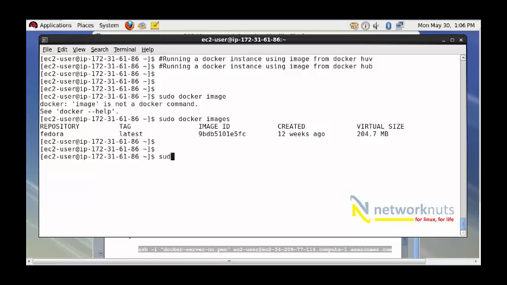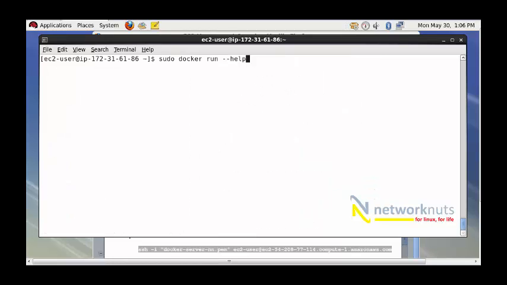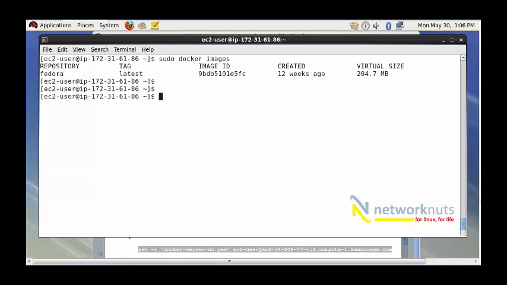So I've got a very interesting command, sudo docker run. And any point of time you are in a problem, you are in a fix, you know how to take help. Take the help by the --help command. Your normal Linux kind of help is available here with Docker also. So I'm not going into the security options and all those things, just trying to run a plain instance using that Docker image. So again, I'll just give docker images. So my image name is Fedora here. So I give here sudo docker run